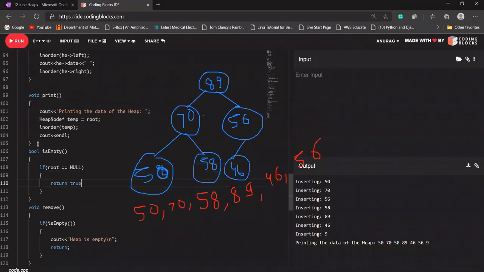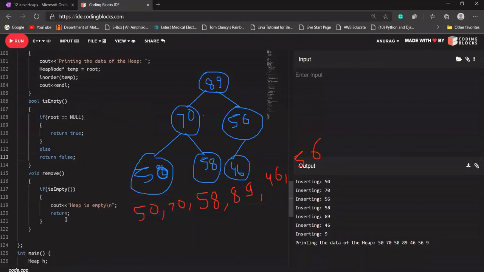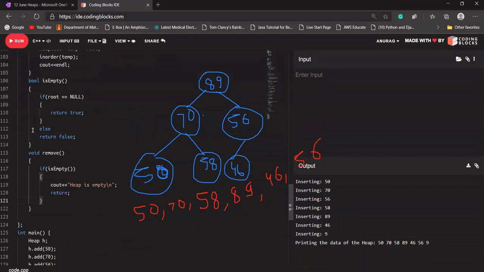I think we have already discussed all these things, so I'm doing it quickly. So return false here. Okay. Up to here it is clear, I think. If our heap is empty, what is our remove function going to do? The isEmpty function will return true, and it is going to say that heap is empty, and it will be returning from here. If it is not true, means if our heap is not empty, in this case I'm going to first print a statement that deleting